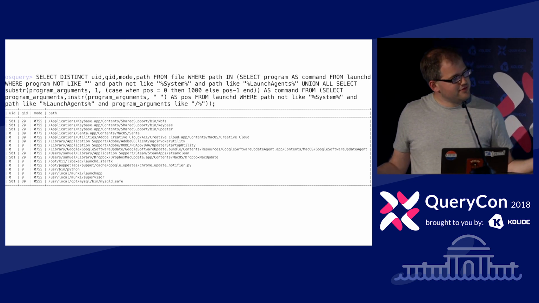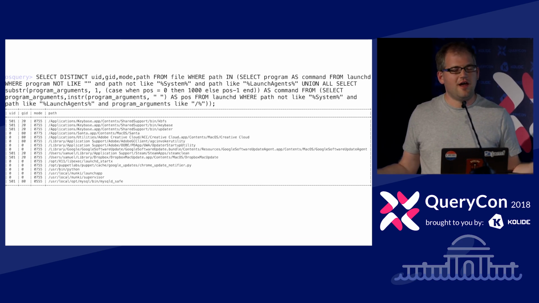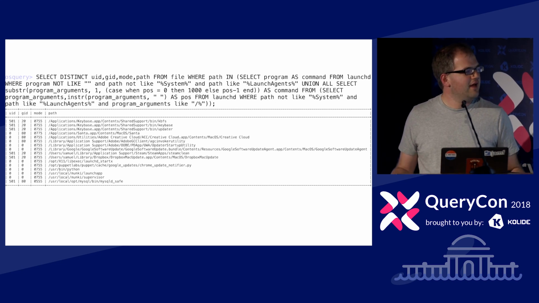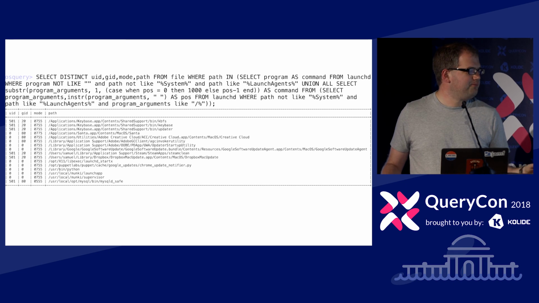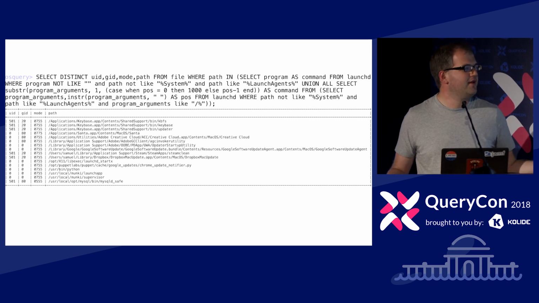But we can use the union feature of SQL to merge multiple lists together and then feed them back in. And in this way, we can get all those programs and then feed them into the path, feed them into the file, and get more information about them.